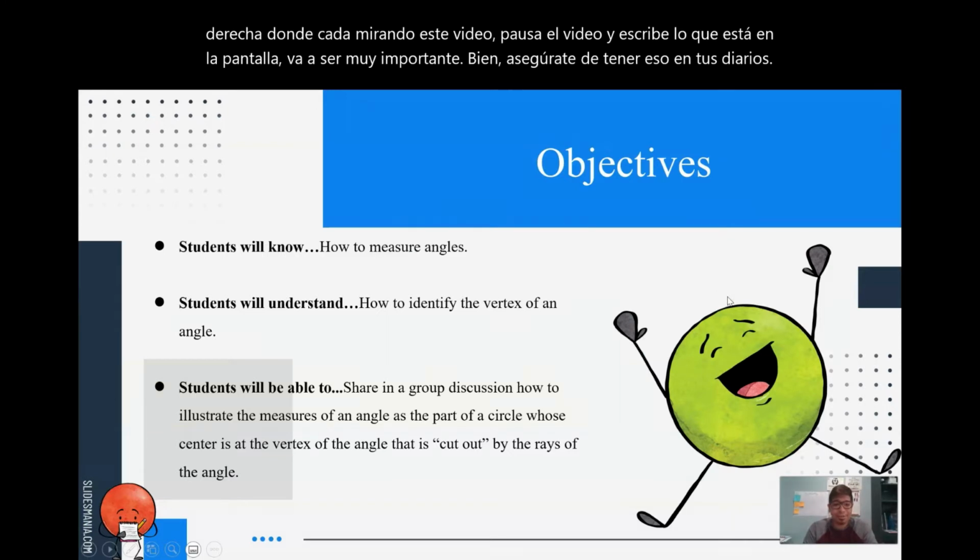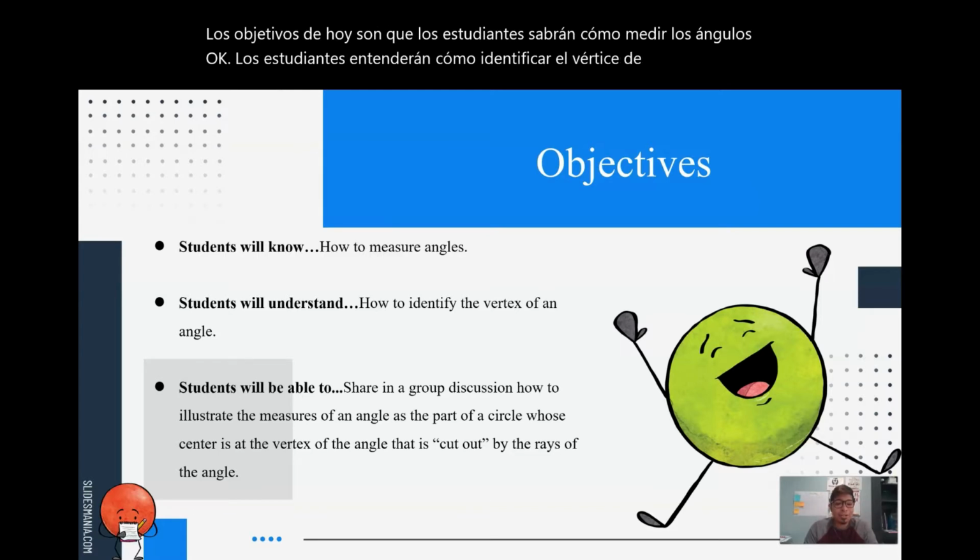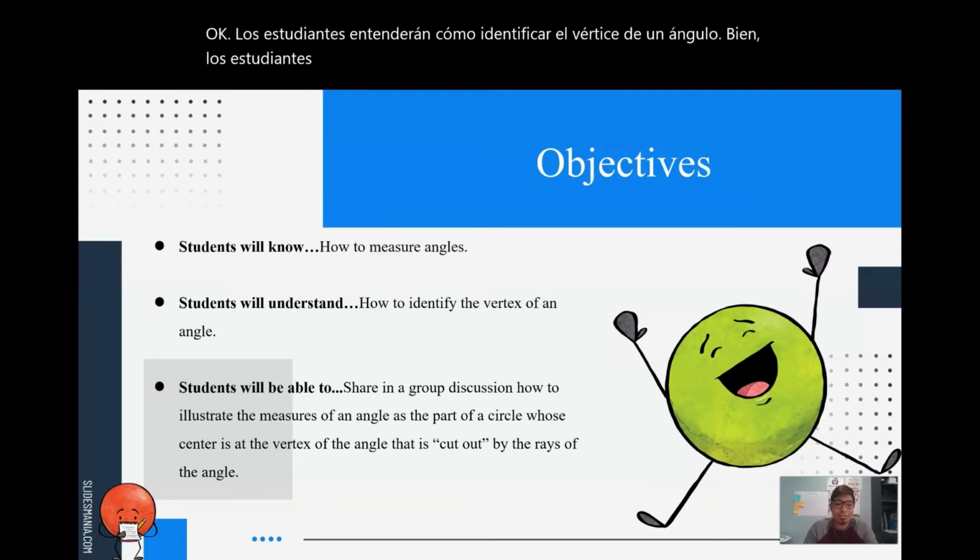Today's objectives are: students will know how to measure angles. Students will understand how to identify the vertex of an angle. Students will be able to share in a group discussion how to illustrate the measure of an angle as part of,